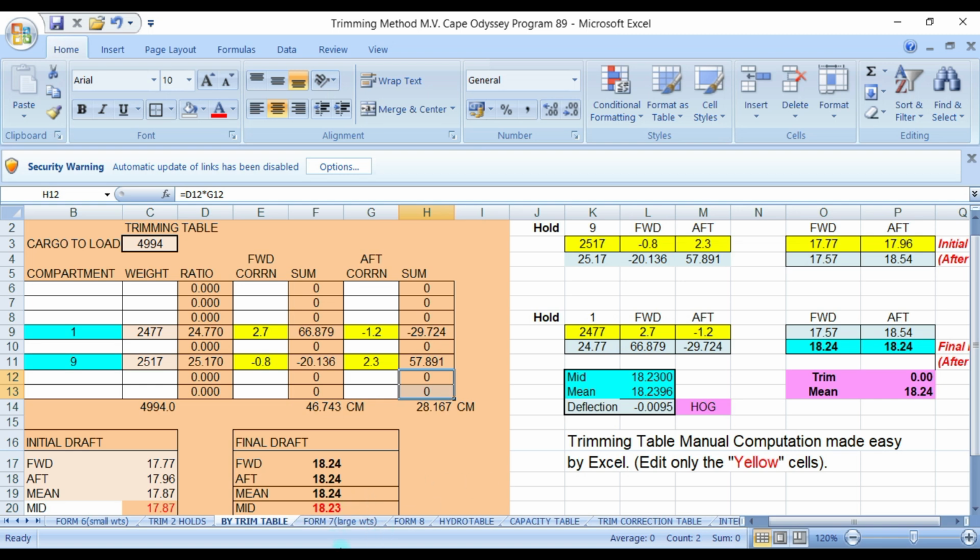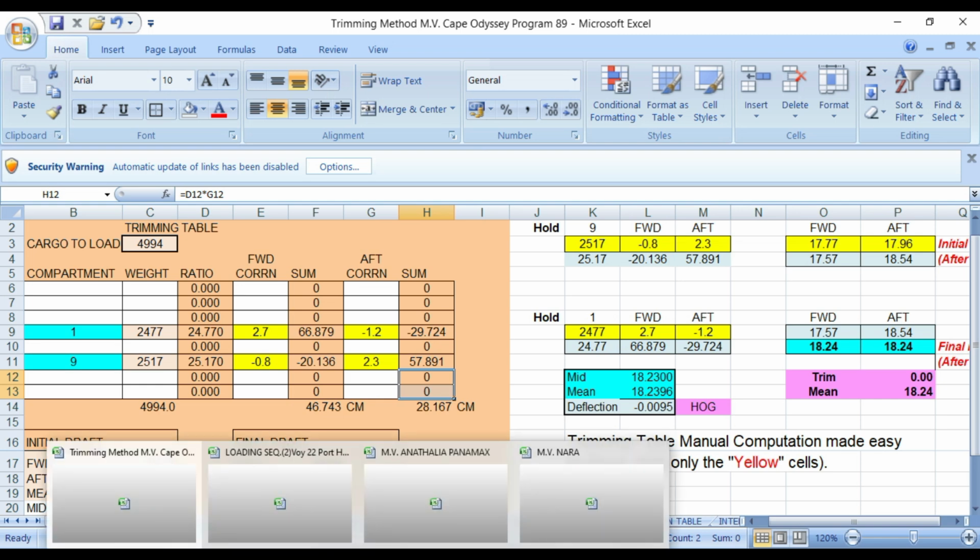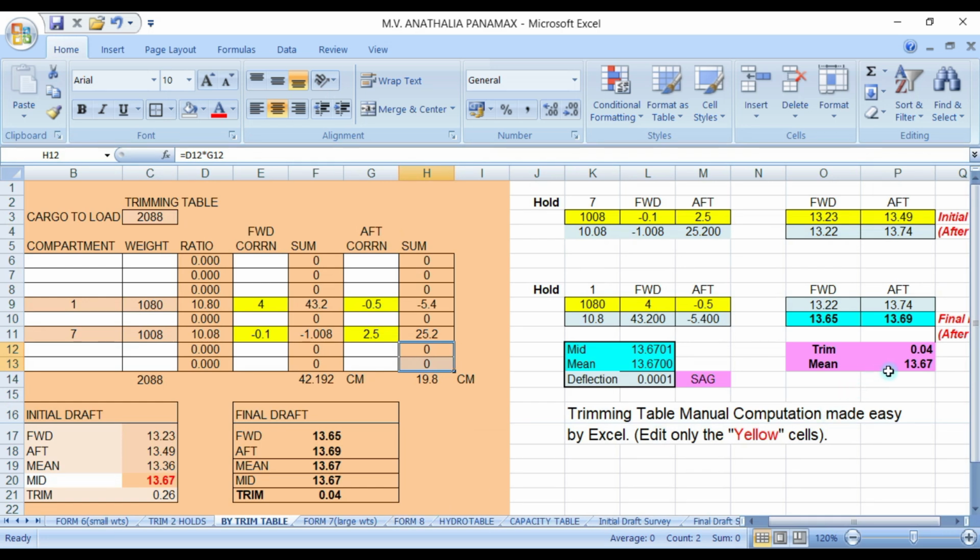But anyway, as you see, you have only a small trim of 18.04 centimeters. But the important thing is your mean draft of 1367 here on the Panamax vessel is the same as your mid draft.